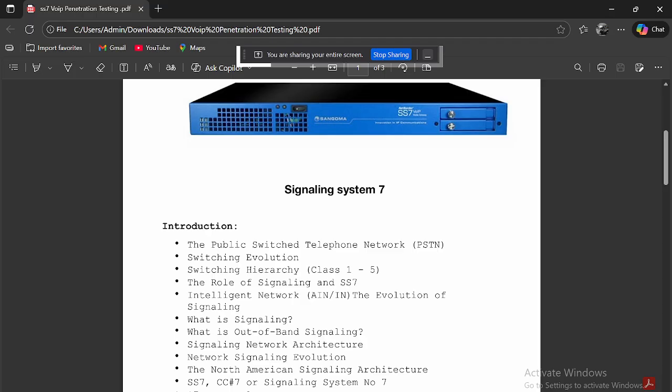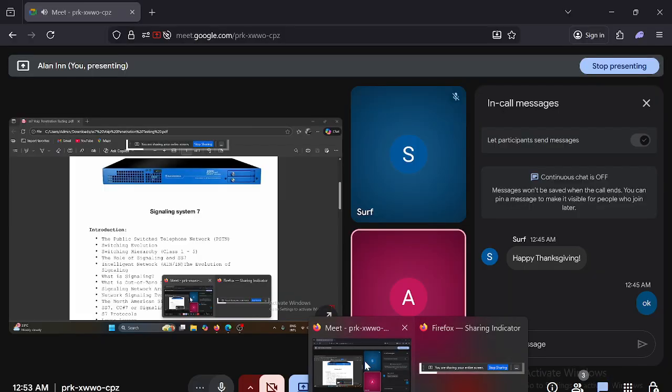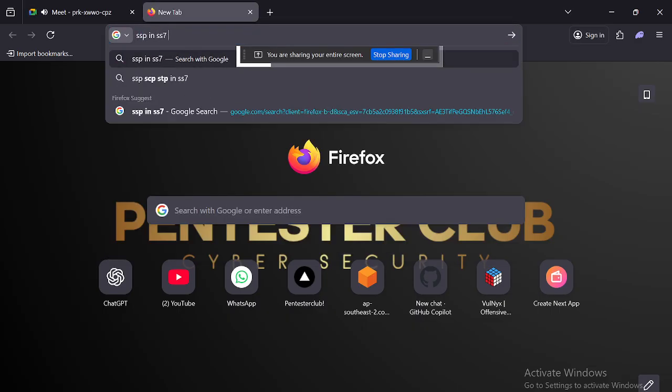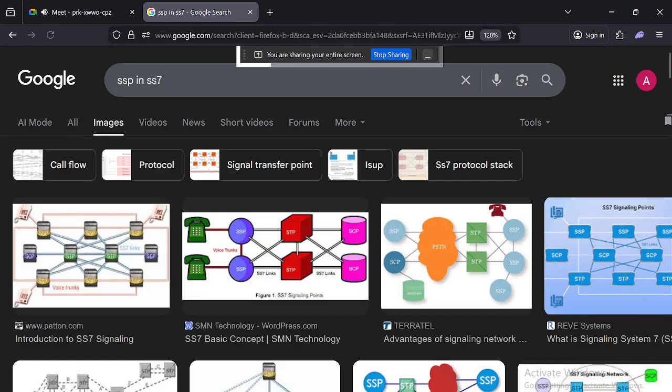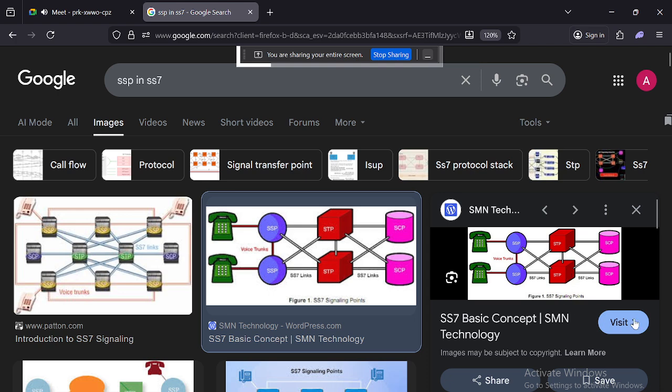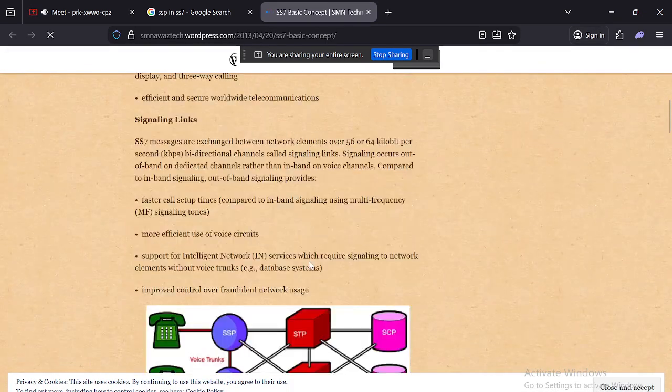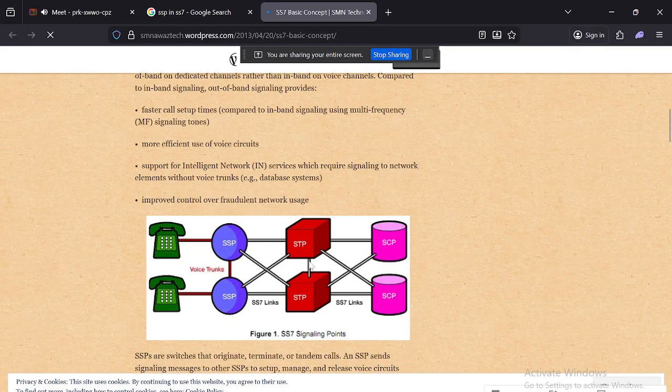The main thing we would like to look at in our case is the SSP in SS7. SSP is a service switching point. Here you have phone number A and phone number B. When you try to call, the service switching point makes the call and receives it, and sends it to an STP.